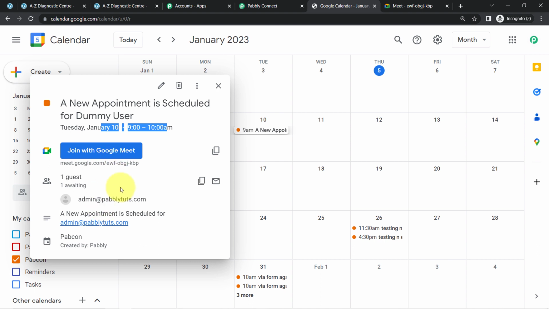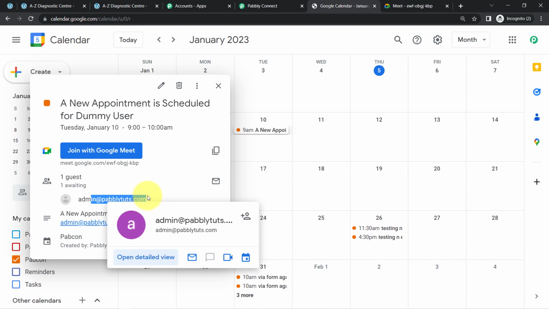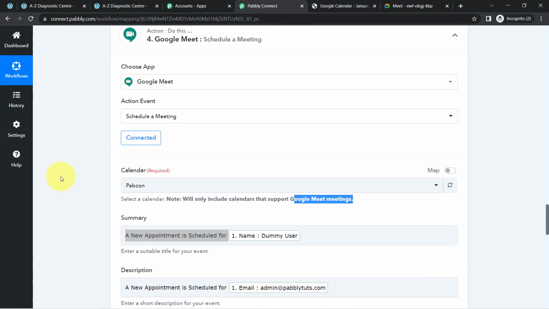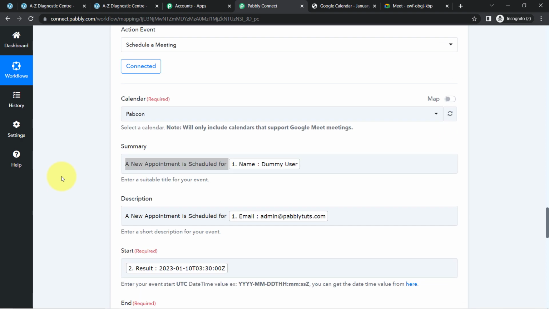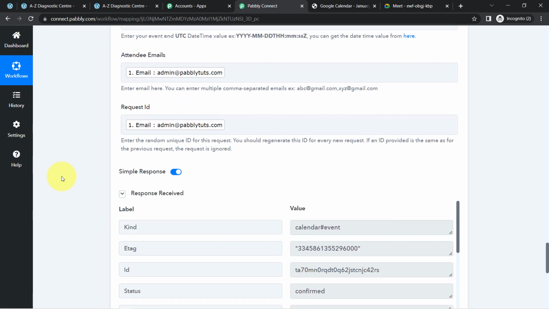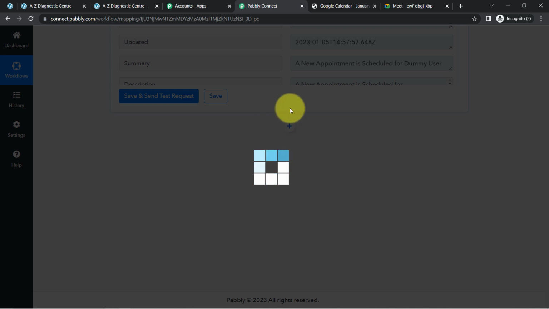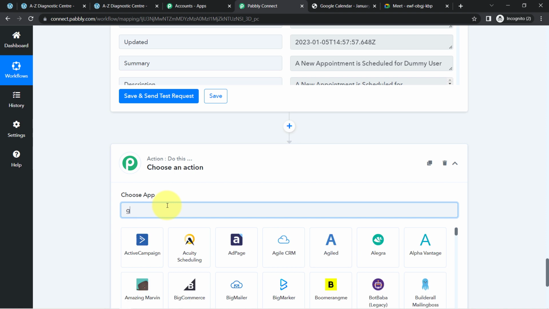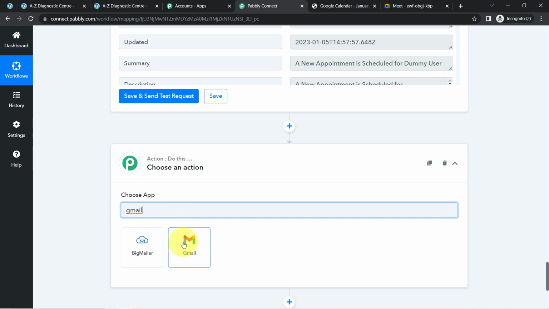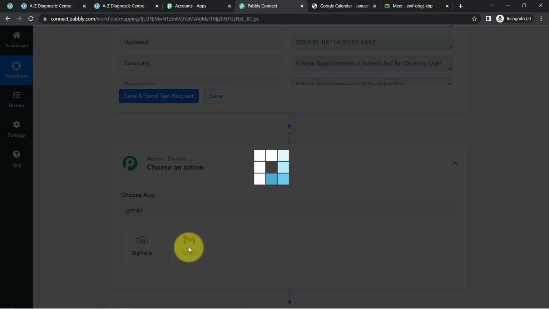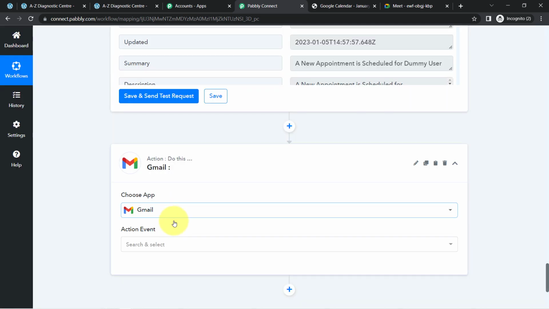Now this meeting is scheduled into the Google Calendar for yourself, but how your attendee, your customer will get the details? Okay, so we are actually going to send an email with the help of automation only, so that he can actually get the confirmation email regarding the meeting, regarding the appointment. So for that you'll have to click on this plus icon, and here we are going to send an email. So that is why I will select Gmail,